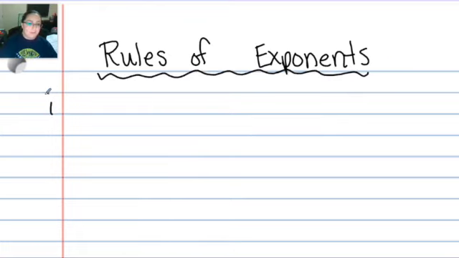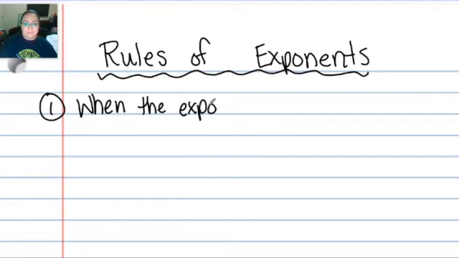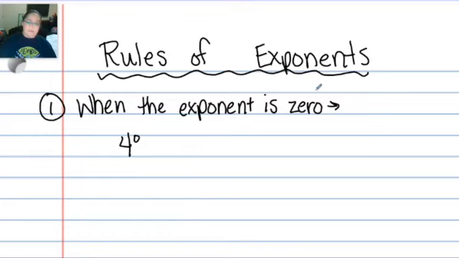Okay, so the first rule I want to go over with you is when the exponent is 0. And then we're going to talk about what happens. For example, if I have 4 to the 0 power, okay? So when the exponent is 0, the answer is 1. So I'm going to show you what I mean by that. The answer is 1. Okay, so 4 to the 0 power, anytime you have a number to the 0 power,